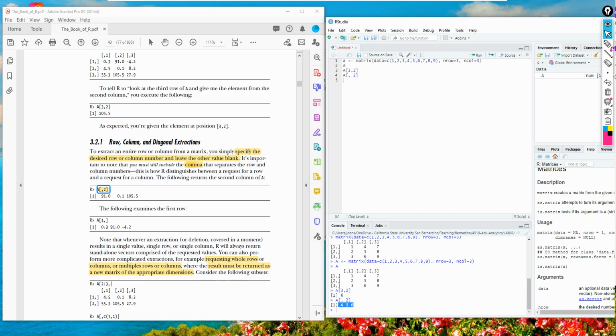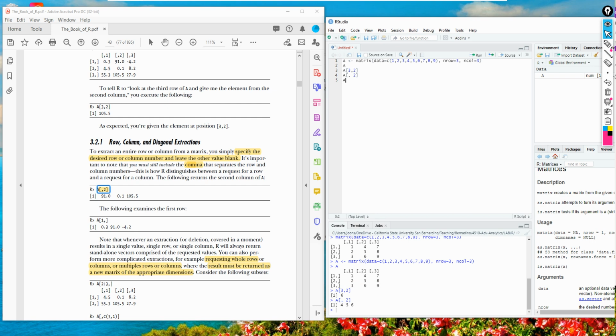Okay. So now, if you want to examine, let's say, the first row regardless of the column. In this case, let's say you want to observe the third row, which is 3, 6, 9.